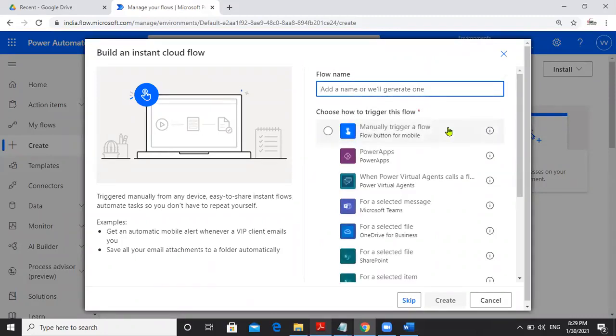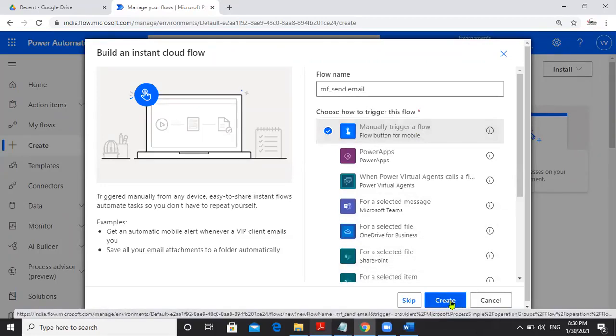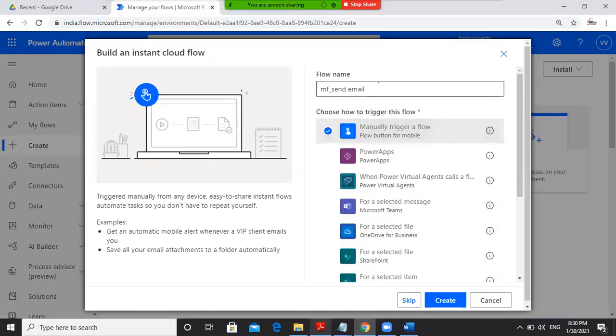Mention the flow name, any name. Microsoft Flow underscore send email. Trigger a flow. Click create. Provide the name. Mention this.